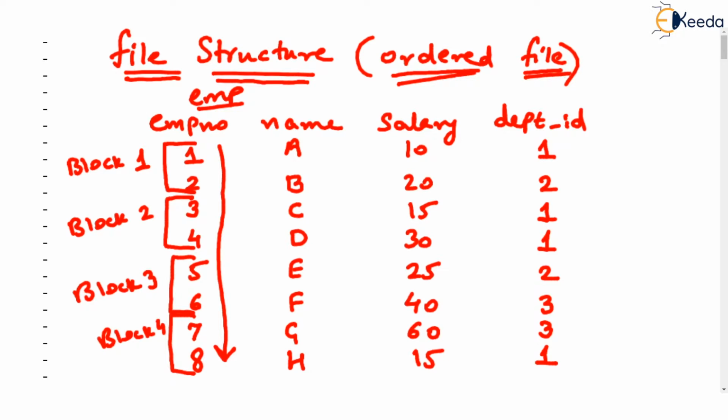Now, for making things easy, what I have assumed is that in each block of the hard disk, only two records are stored. This is a big assumption because generally block size, as we saw in the earlier video, is 1 KB or more. So more records can fit in one block, but we are assuming that two records fit in one block. So there are 8 records and a total of 4 blocks of hard disk are needed to store this table. So the number of blocks is 4.